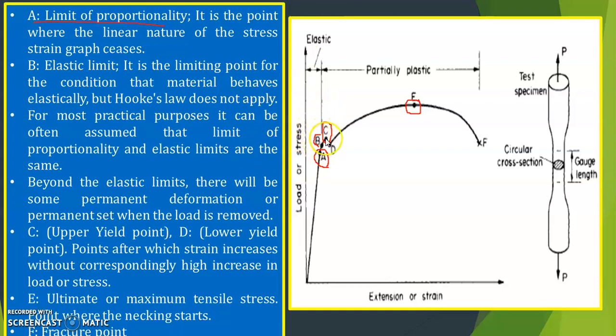So the first point, the top point, is called the upper yield point and this down part is called the lower yield point. Again if you increase the load, then what happens? The deformation starts, and till that point it will take that load, but this is the last point. It's called the ultimate stress. After that failure takes place, so there will be a breaking or failure of the material, and that is called the breaking stress.